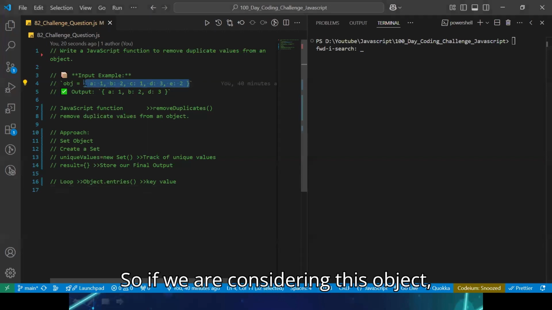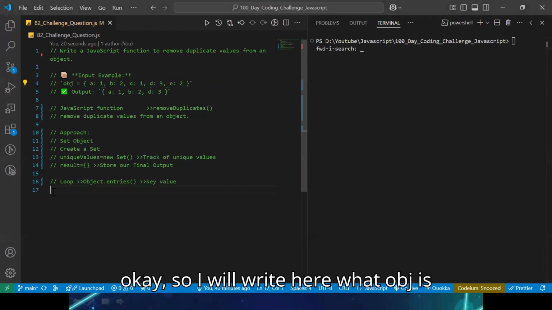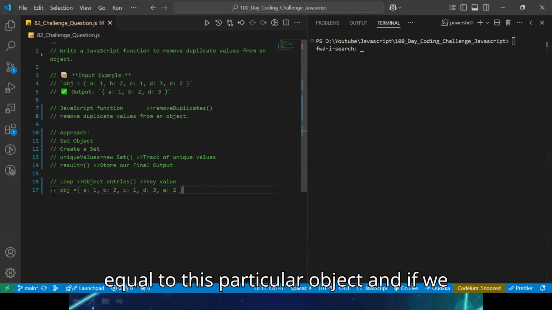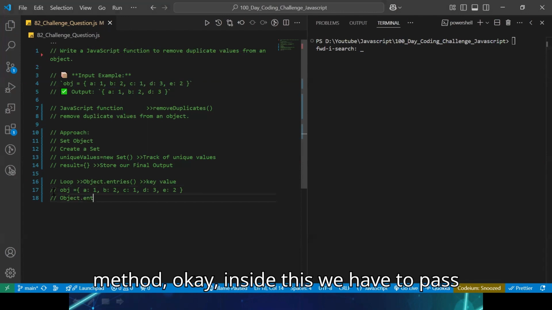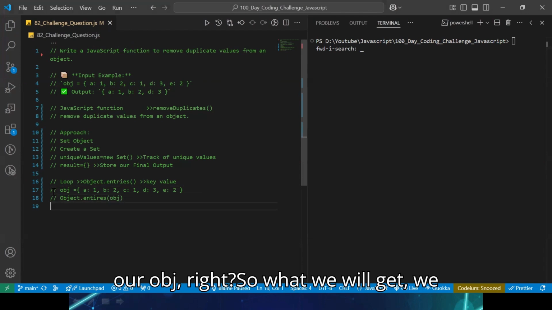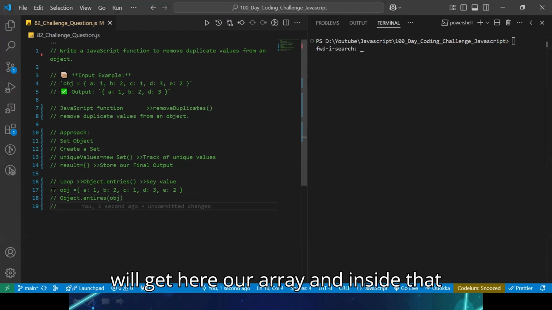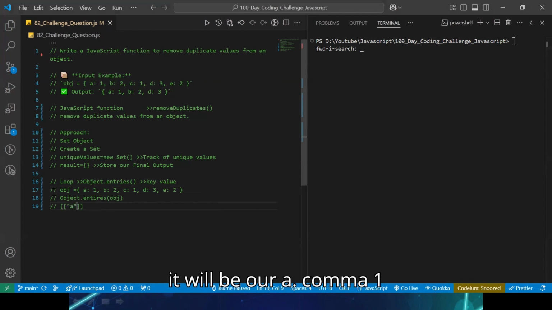So if we are considering this object, okay, so I will write here: obj is equal to this particular object. And if we are using our Object.entries method, okay, inside this we have to pass our obj, right? So what will we get? We will get here our array, and inside that it will be a comma 1, right?